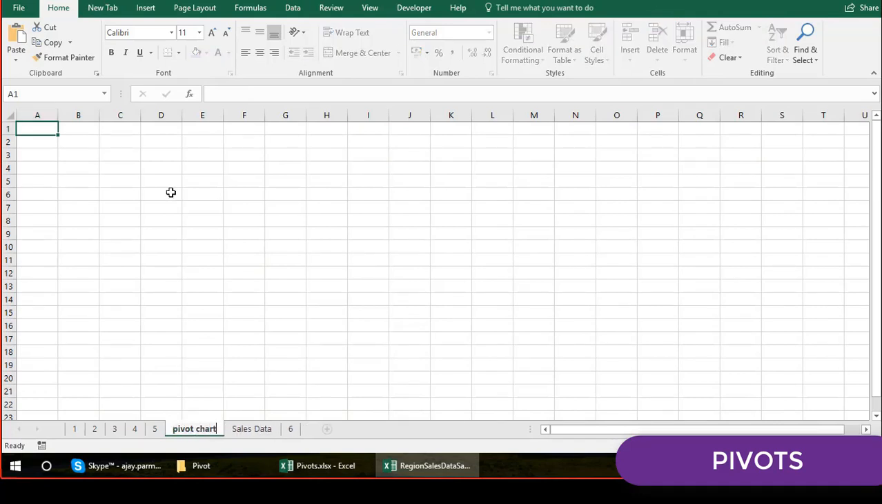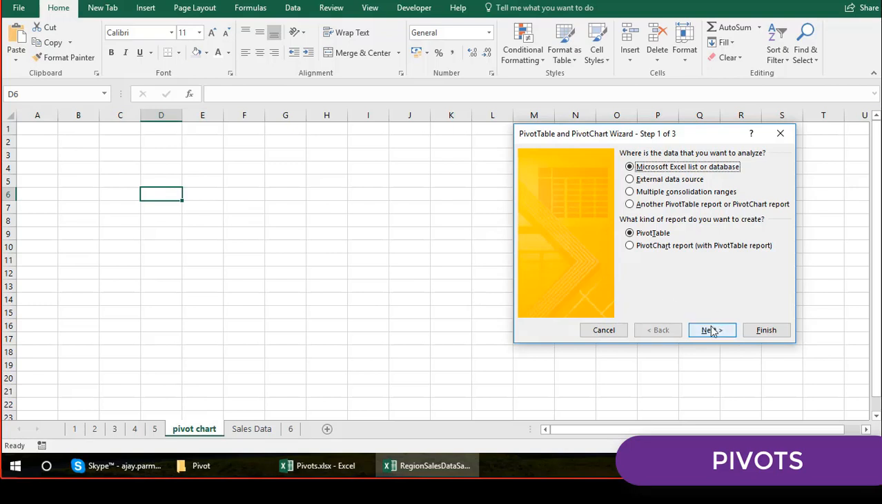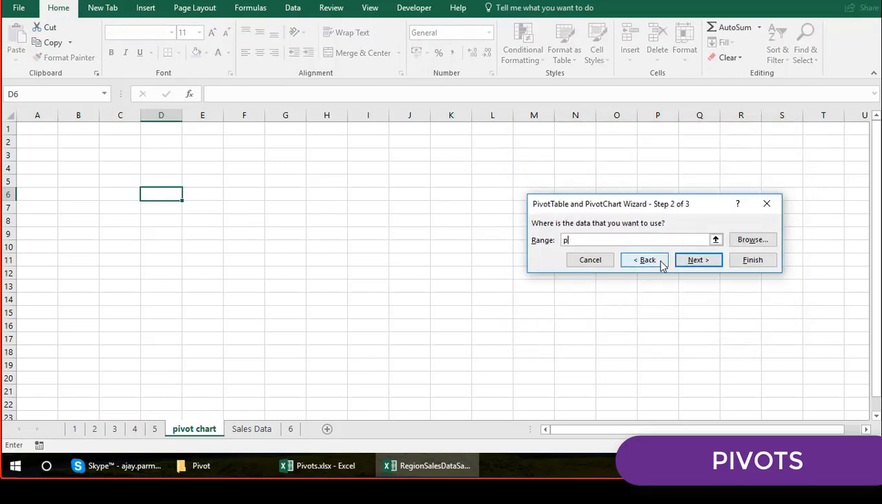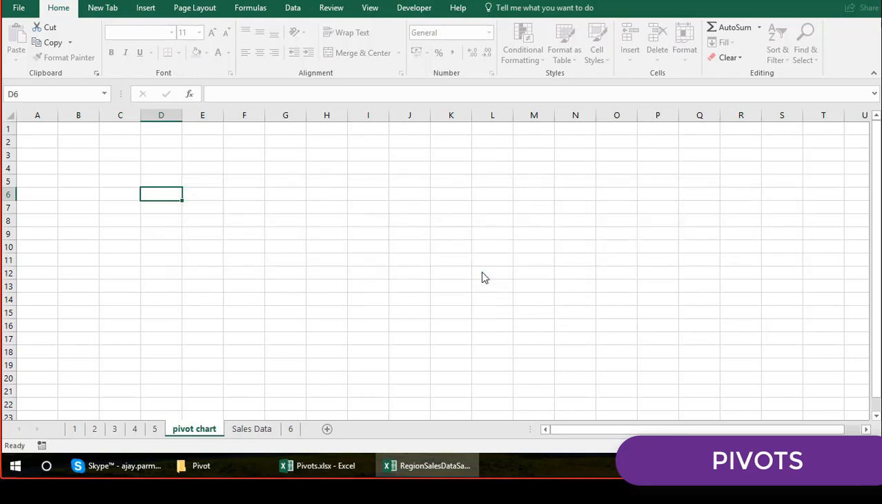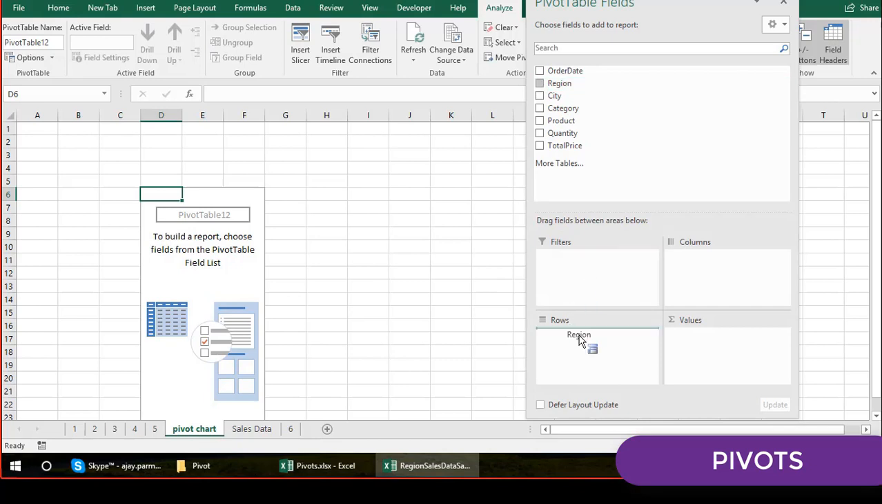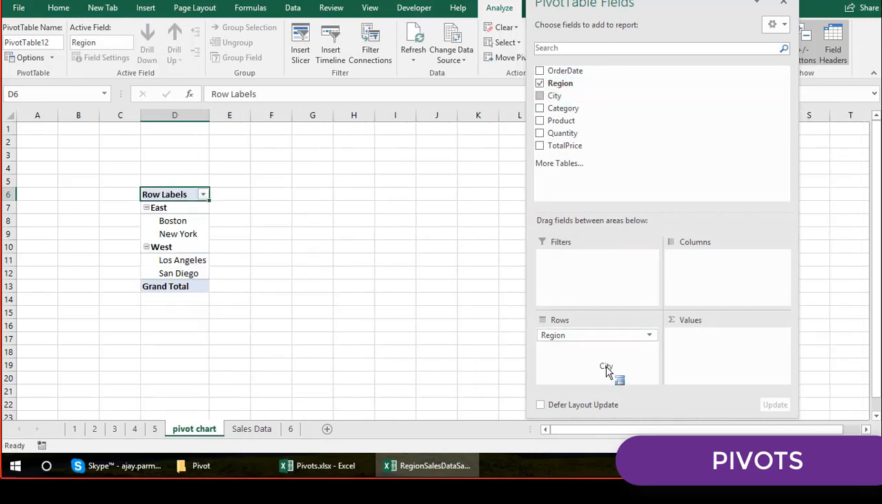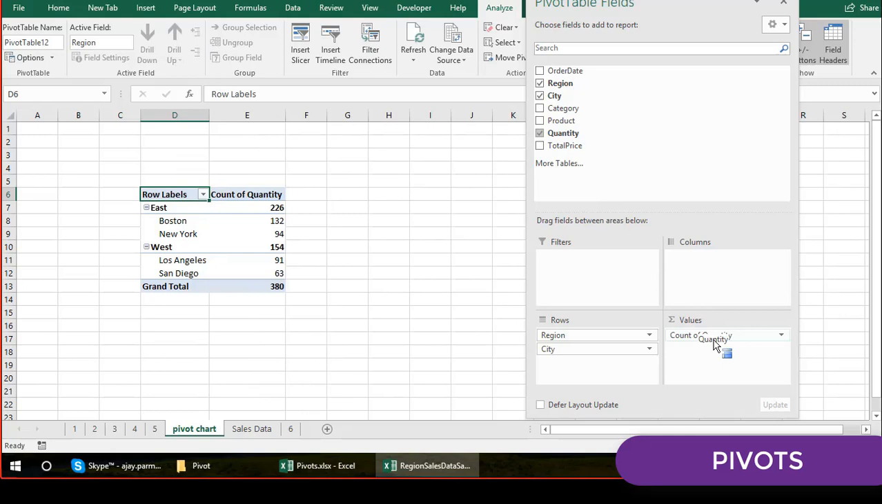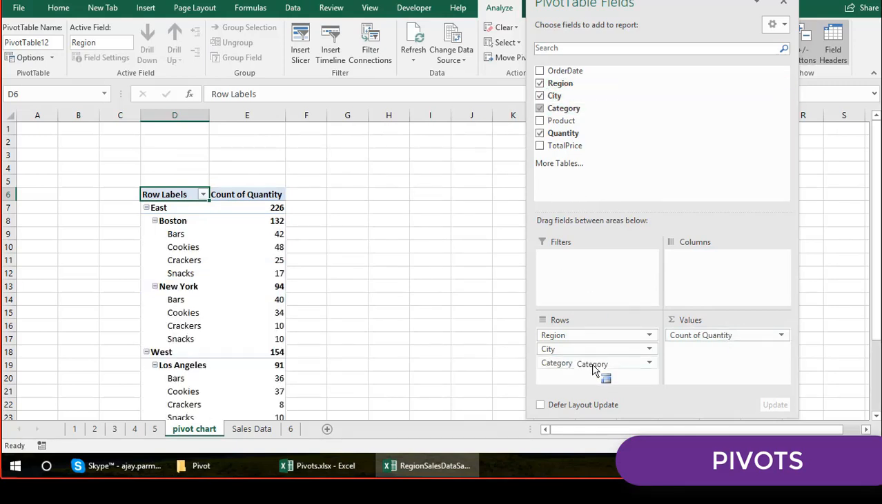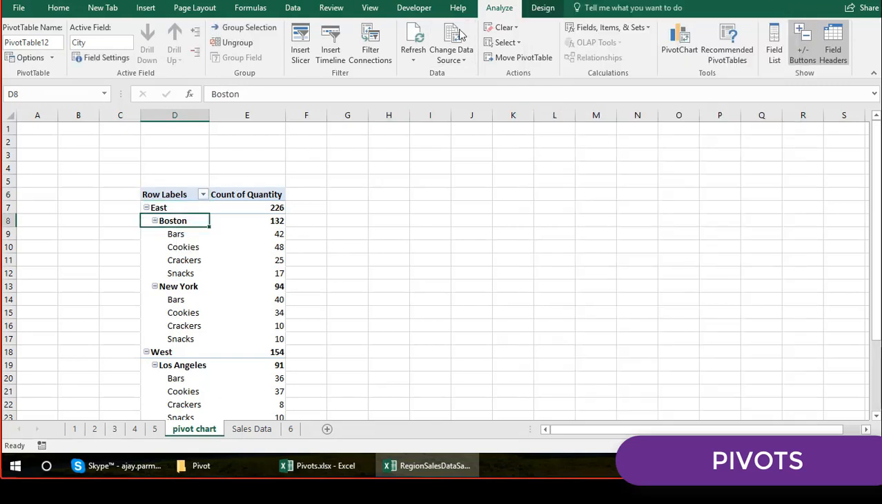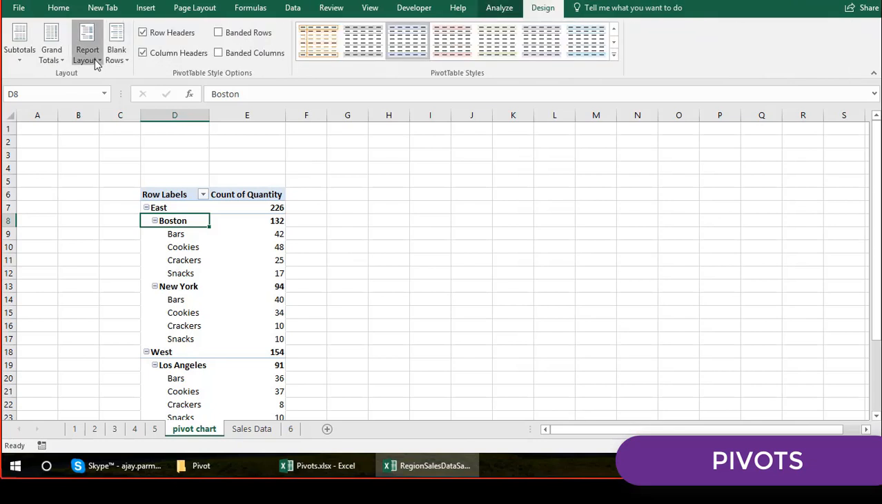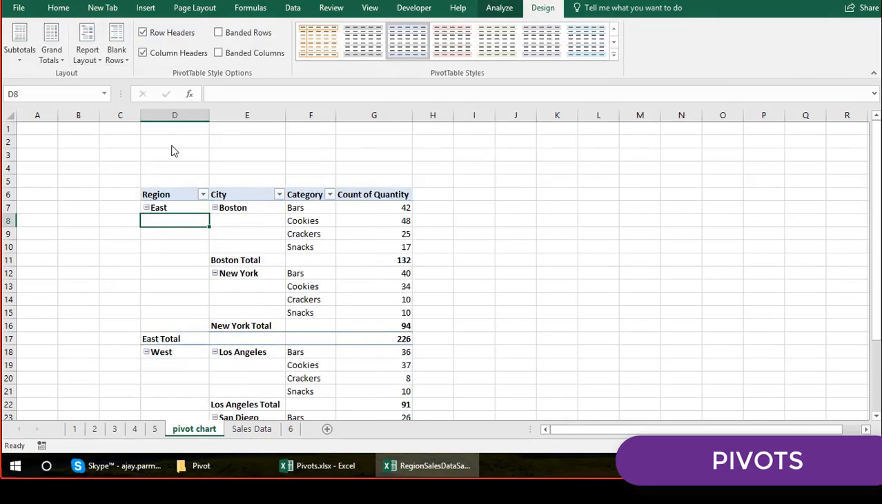They are very simple. So let's say we want the performance region wise and the city wise. Let's say for the quantity, right? Instead of the region, I keep the category also. For example, this is how it is. And now you go to the design option and the tabular form, right? Pivot is created. Now insert